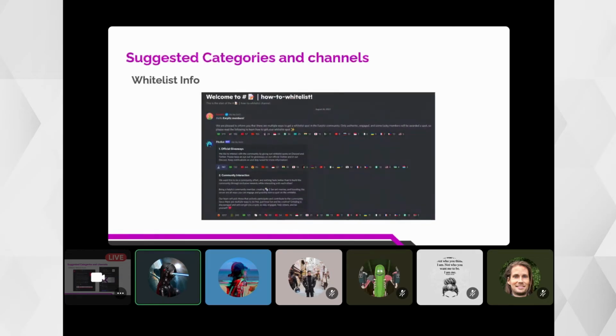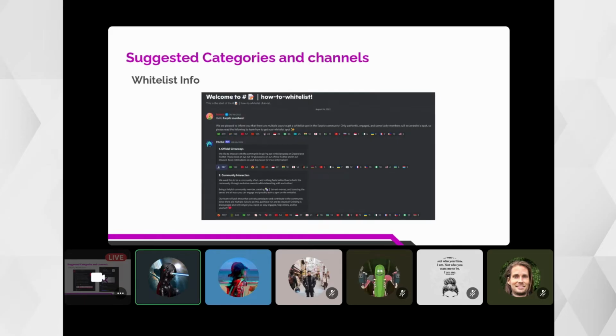Whitelist info. Some of you have experience, when you come into the server you see that the project is really hyped and you want to be part of it. The first thing that comes to your mind is, how do I get the whitelist for this project? To save time for incoming new community members, you can put up a channel related to this question.